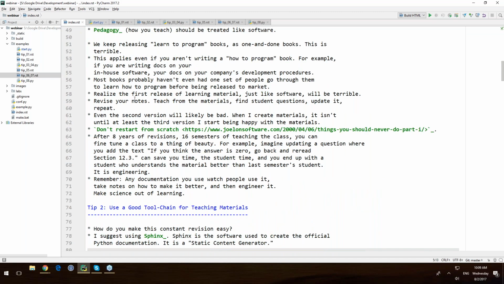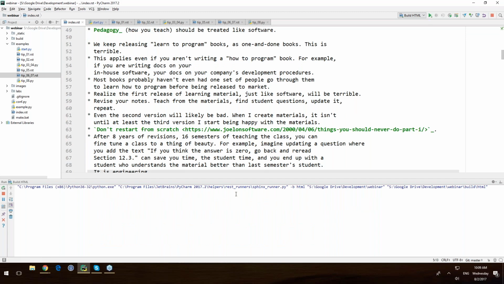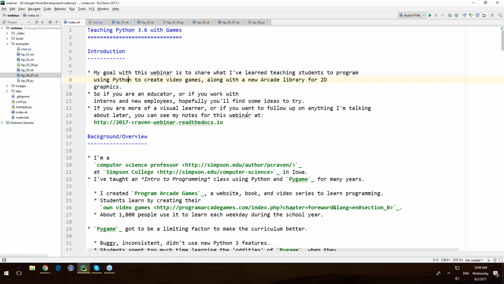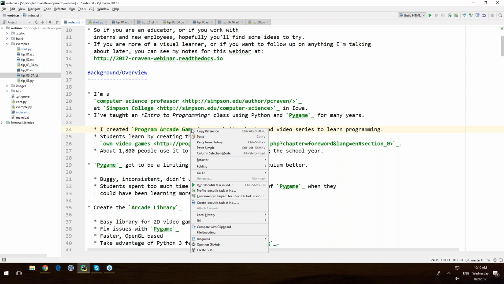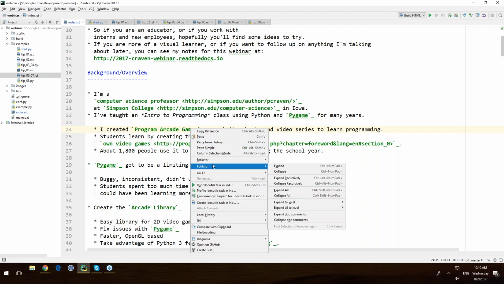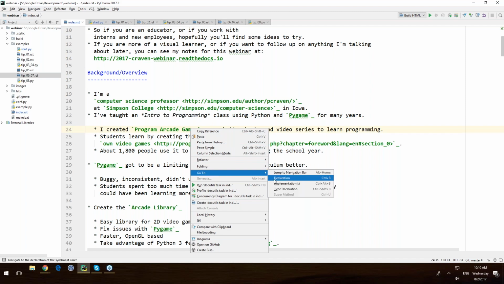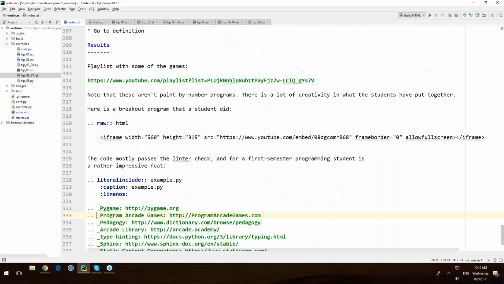And you can build this, see all the warnings right there inside of PyCharm. PyCharm also has spell checking built in, which is handy in a text editor. If you've got a link right here, I can figure out what it links to, just like I would in coding, by going to the declaration for it down here.